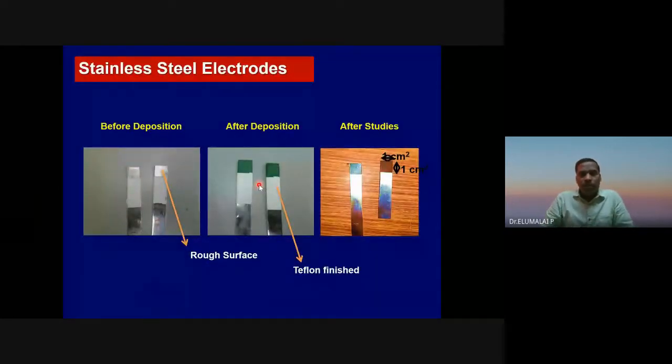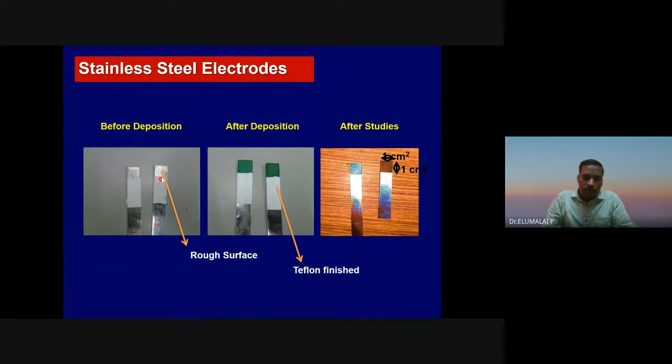So many a time, ready to use electrodes can be prepared by applying electrochemical technique. We used to have this practically. If you would have had offline classes, we would have had practical exactly like this. So this is the substrate I'm talking about. Here this is a stainless steel. Instead of stainless steel, you can go for aluminum, platinum, nickel, nickel mesh, gauze, etc., or carbon.